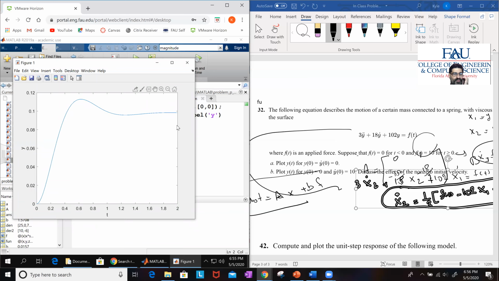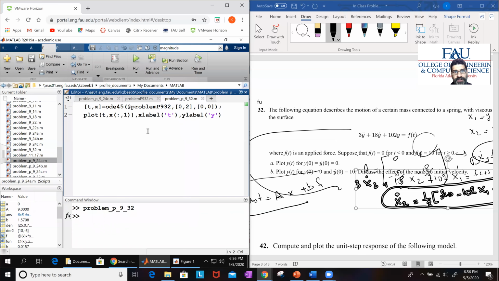So I had a problem with that matrix. Always make sure you separate those rows with a semicolon. Now, this is the Y. We're doing the Y plot. If you want to find the velocity Y dot for this, all you have to do is just